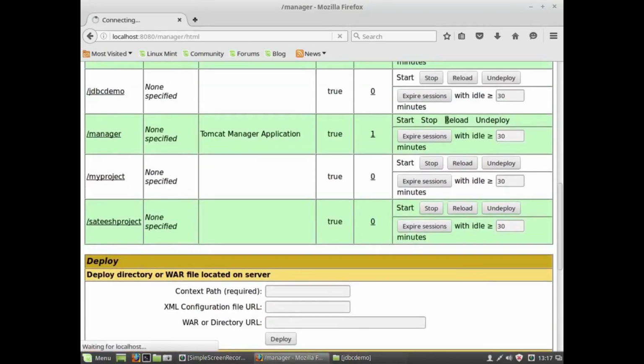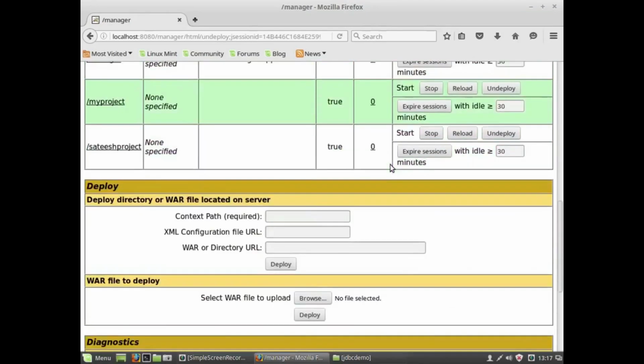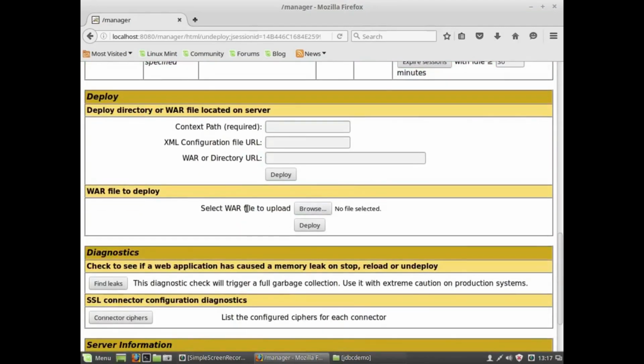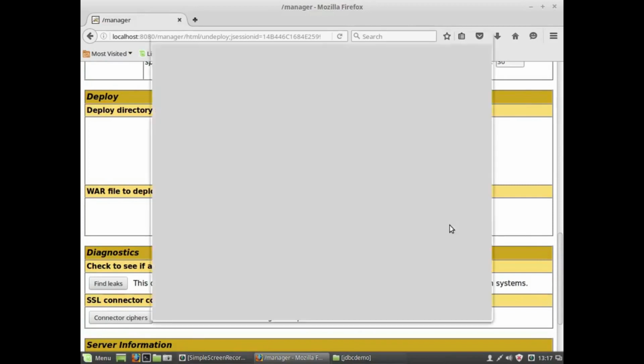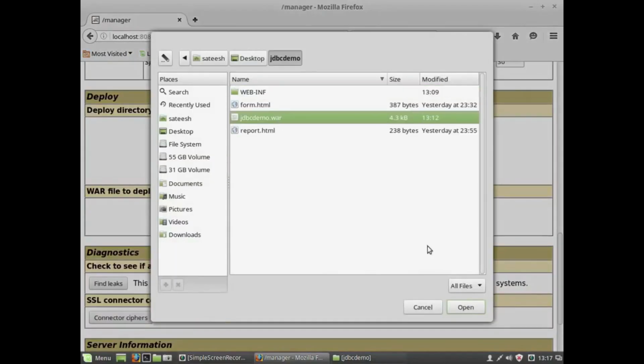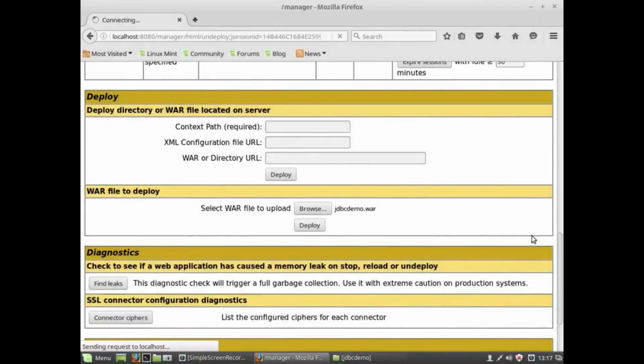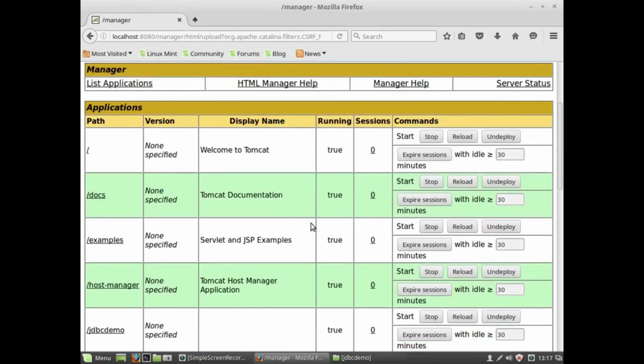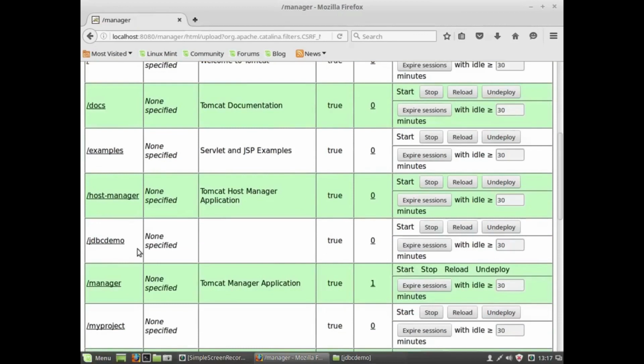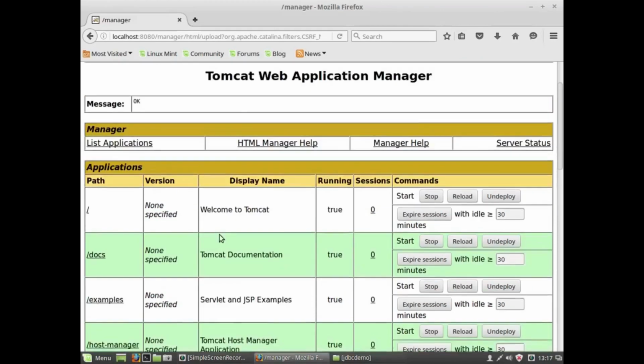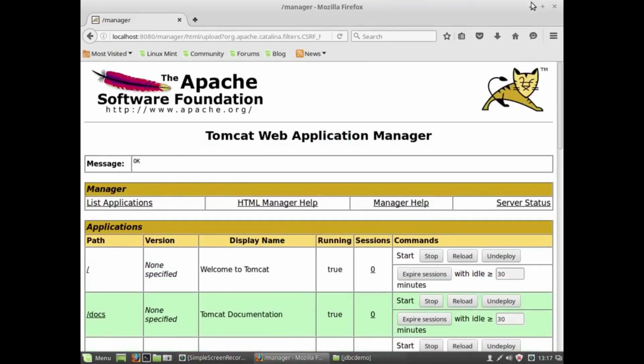And in the applications, you please go to the place where we need to select that WAR file. Go there and select JDBC. This is the WAR file that we have created. Open, deploy, and make sure the value is true, saying that your application is ready to access. Our application is started. Right now we can see the execution.